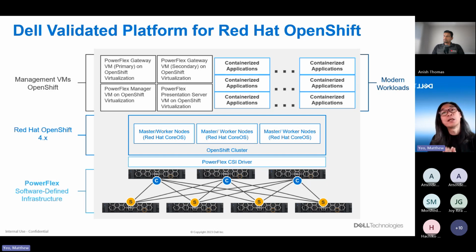So based on this slide, you can actually see what the design will look like. A typical OpenShift design on a DVP platform will have 3 master nodes and worker nodes. We call these the hybrid nodes because each node will act as both a master node and also a worker node. The master node typically is where the management tools sit. The worker nodes is where your applications actually sit and run. So in this case,